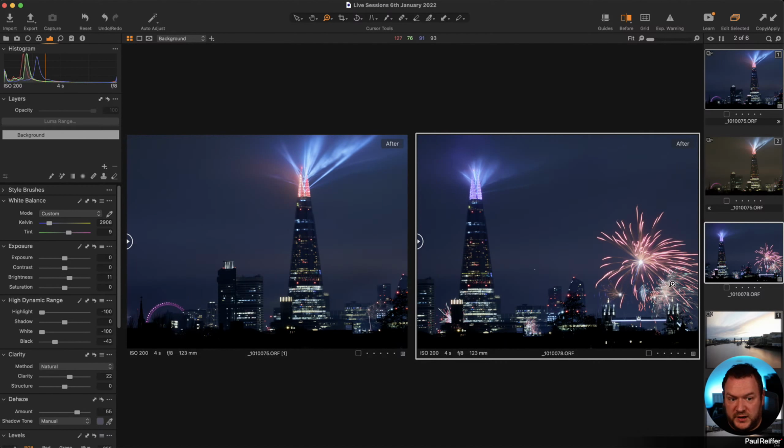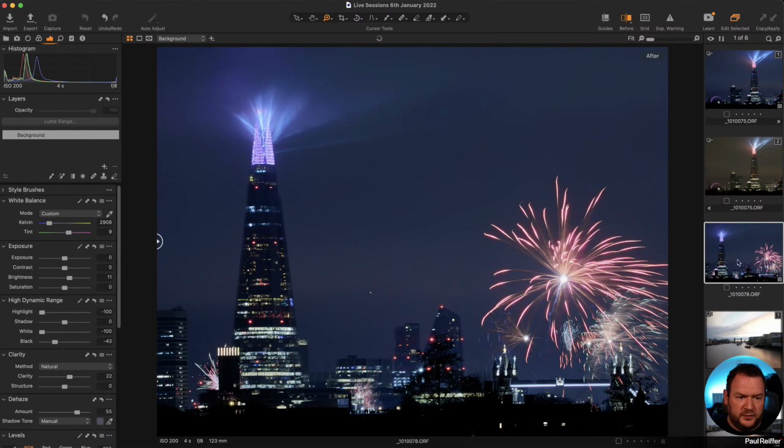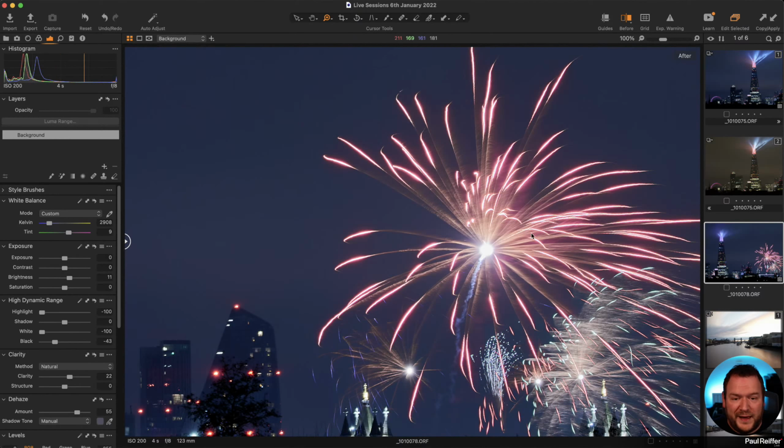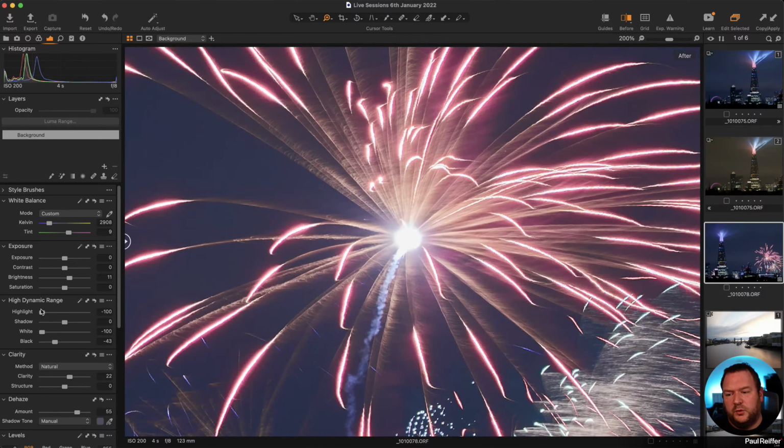With that highlight change, by the way, let's just look at a firework. This is down to personal preference and personal choice, so please be careful and aware of what you're doing with this. Remember, I pulled in highlights and whites all the way down. So if I were to reset the highlight, you see I get that glow in the middle of the firework.